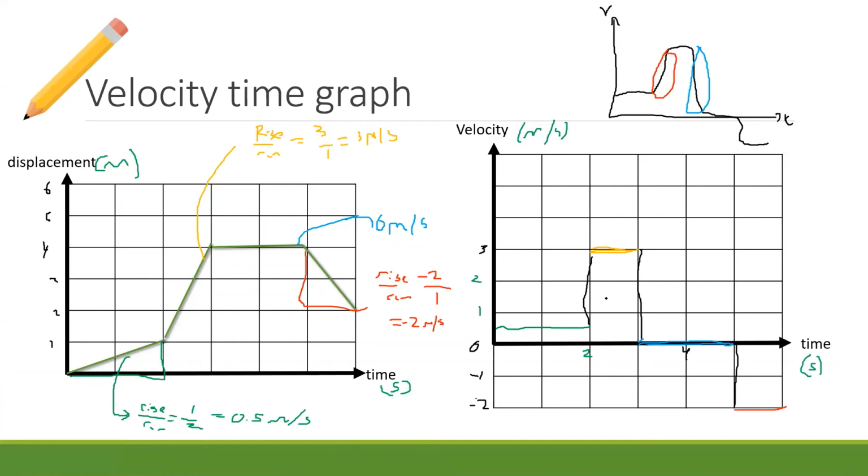The point of that line though is to show that you're instantly going from 0.5 meters per second to 3 meters per second. Hopefully you guys recognize that that's not physically possible, so that's why you would more likely have a graph like the one on the top right. Any other questions?